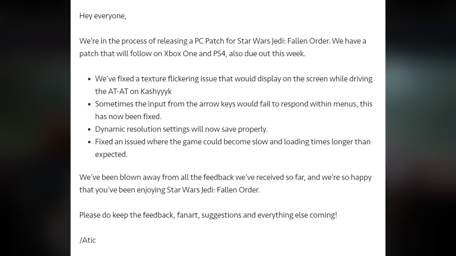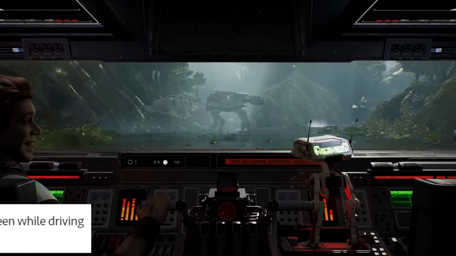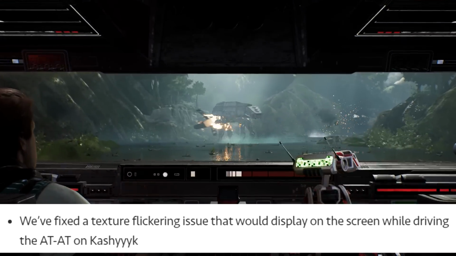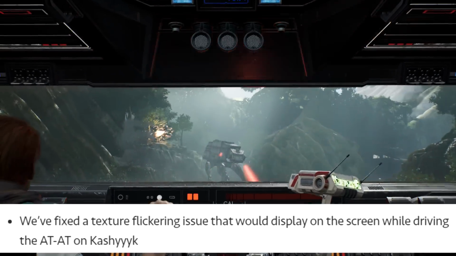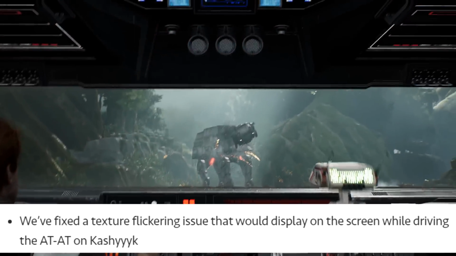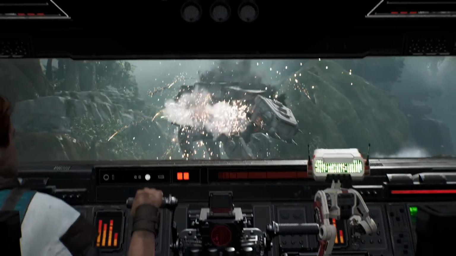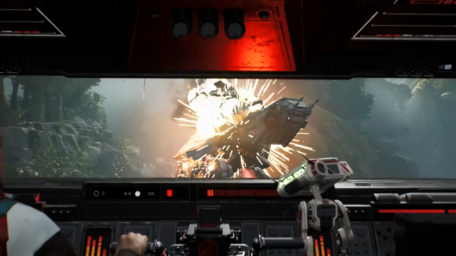Now let's get started with the patch notes over here. These have been posted on the official EA forums a few hours ago, and these are the changes. First one coming up is the issue that was causing texture flickering that would display on the screen while driving the AT-AT on Kashyyyk. This was one of the first missions that we do on the planet, and it was actually one of the more fun ones, one of the more unique ones, and I had a ton of fun